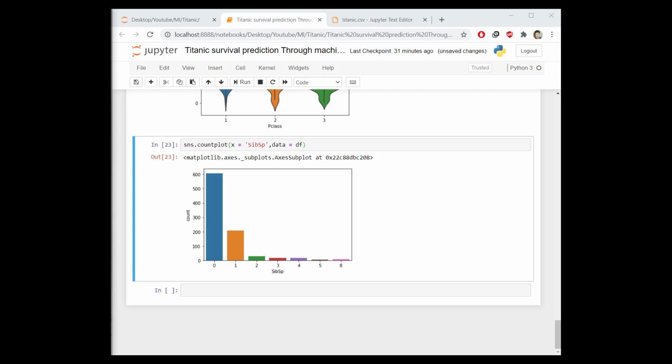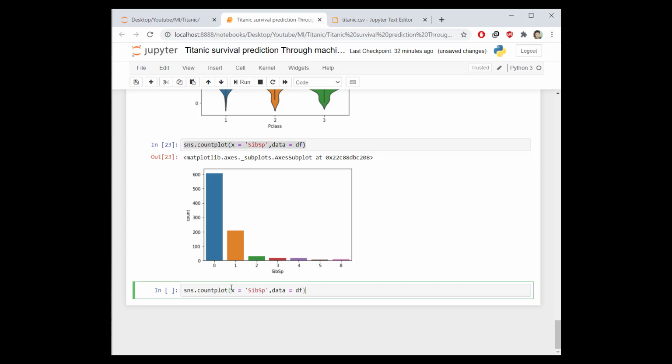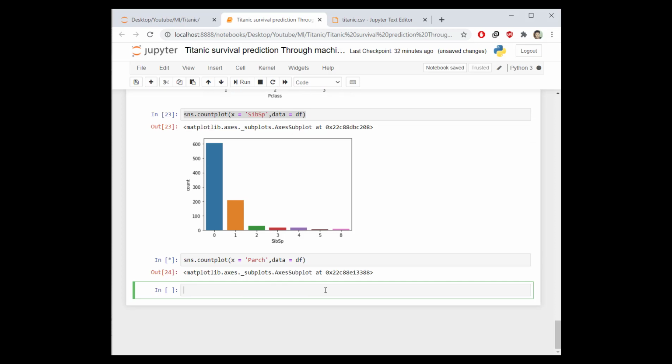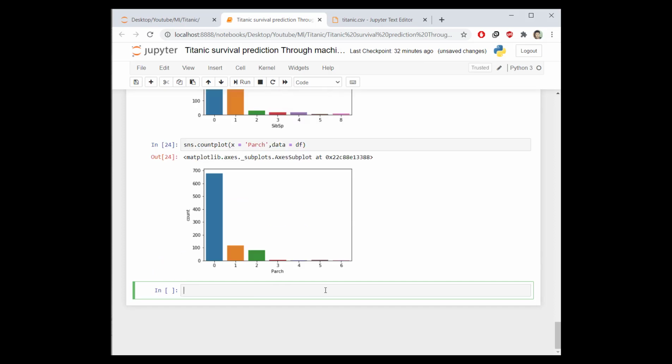Even we have left the parch. You can copy this code. Parch means parent and children. Let's see the people who survive more: people having more children and parents with them, or the people who don't have anyone. You can see here the people who don't have anyone with them are likely to survive more than the people who have one